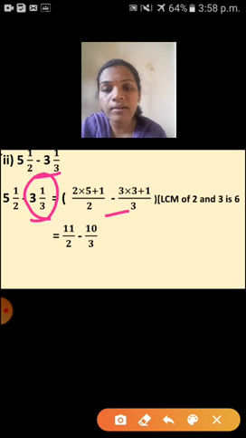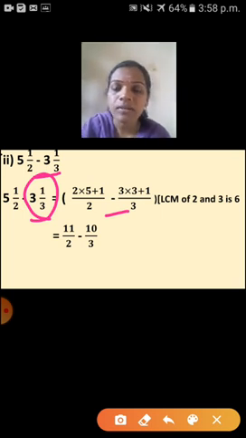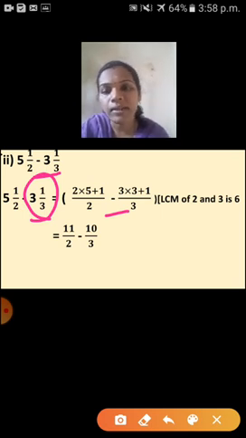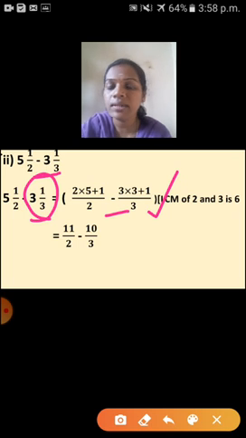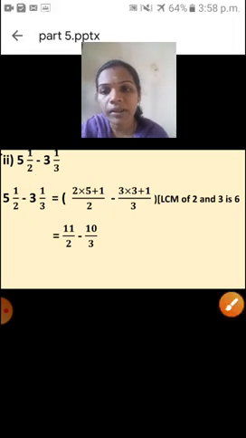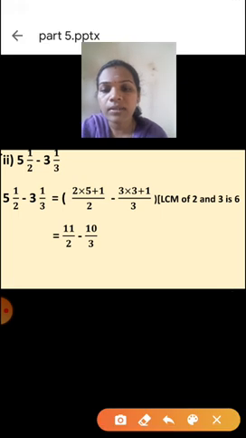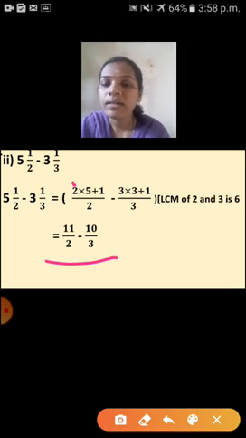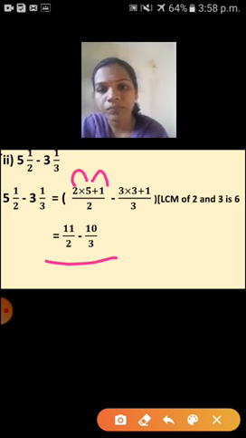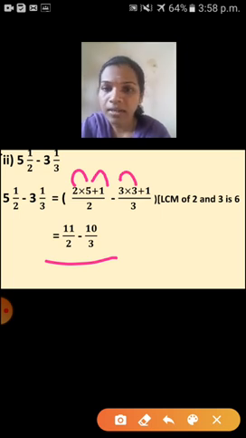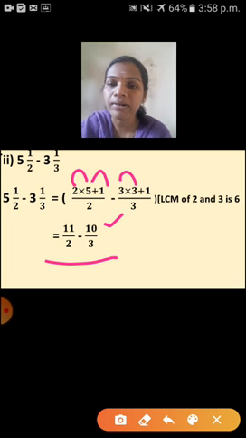Okay, so minus, and next one is second mixed number you have to see. What is the denominator here? 3 into what is the whole number? Can you say? 3 plus what will come? Very good, numerator. Here what is the numerator? 1. So 3 into 3 plus 1 upon 3. Okay, I hope you understood this step. Yes, afterwards you have to multiply and write. Okay, so here, see here children, 2 5s are 10, 10 plus 1, that means 11 upon 2, minus 3 3s are 9, 9 plus 1, that means 10, 10 upon 3.